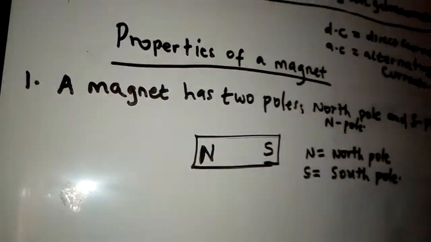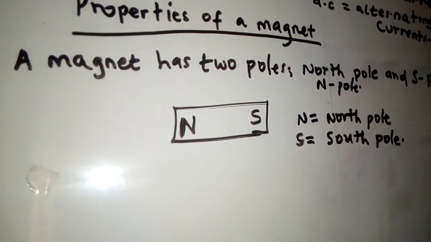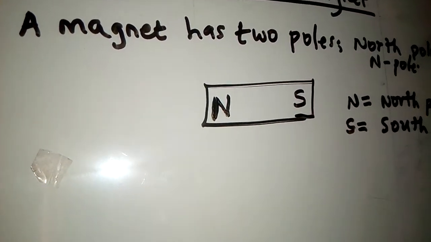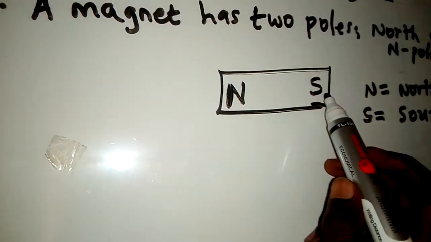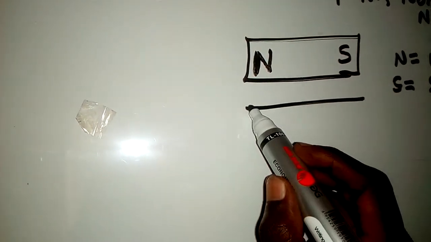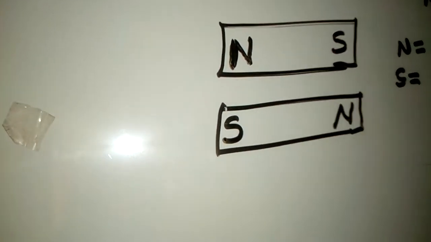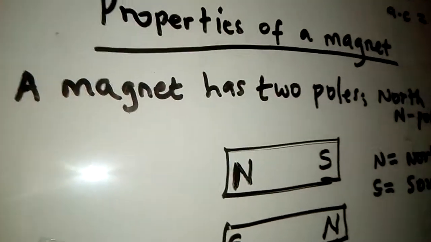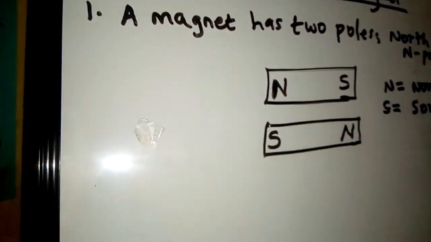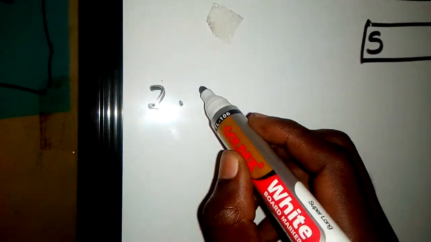Yes. So a magnet has two poles. What are the names of those poles? The North Pole and the South Pole. Now, I am not saying whenever you're drawing a magnet, the north must be here and the south must be here. No. You can even draw it like this, and your north is this way, and your south is this way. It still remains what? A magnet, as long as there is a north and south pole. So that is the first property of a magnet. Now, the second property of a magnet is that a magnet